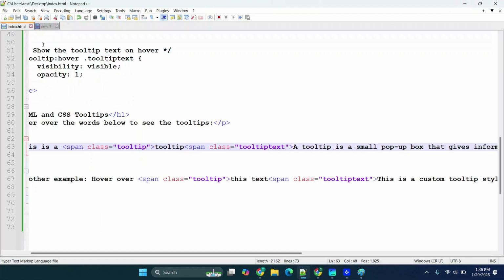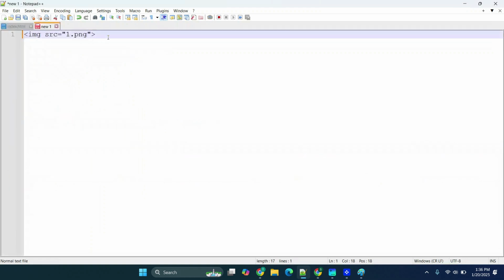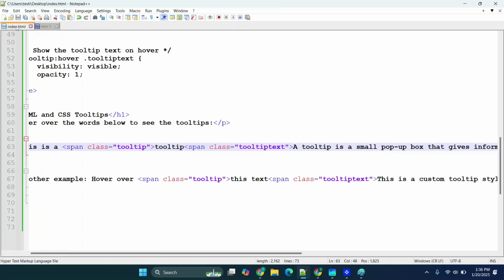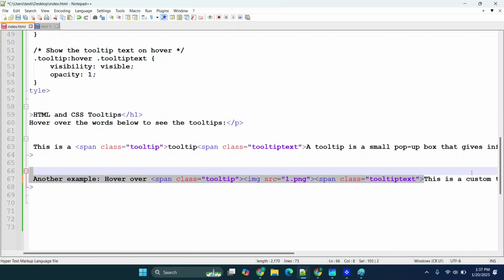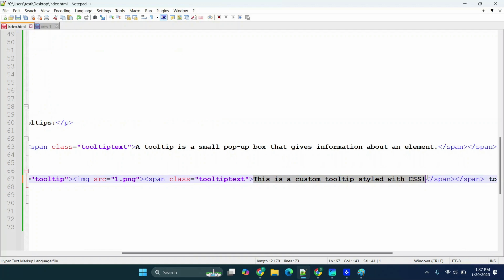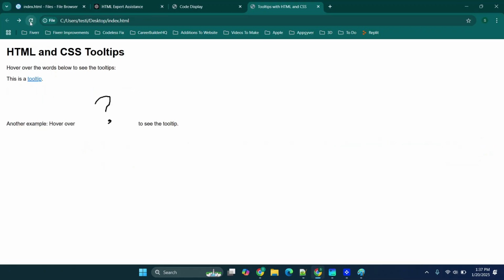So if you want to change this and maybe add in an image, you can simply find your HTML code for your image from your site. I have one on my desktop, so I will paste that in, and we'll just put it in the second option. So you'll see this text here. So I'll paste this in. And then this would just be wherever your image is located. And then I'll change this text just to show you that you can. So we'll put hey. And then we'll hit Control S to save. We'll go back, refresh our page, and you'll see I have a question mark, and when I hover over it,